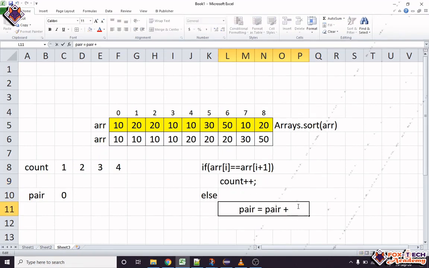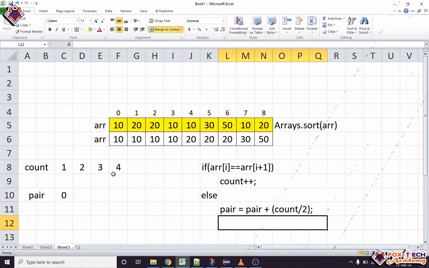So we will divide count by 2. So it will give us 2, because count has 4, and when we divide by 2, it will return 2. So our pair will be 2, right? And next time, we will put count value as 1, so that it will again start from checking 1, right? Start counting from 1. So our count will be 1 this time.